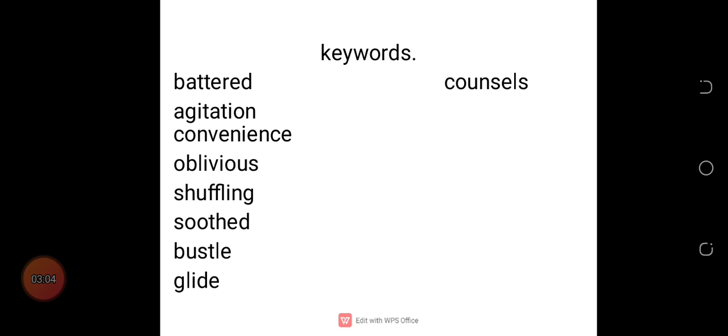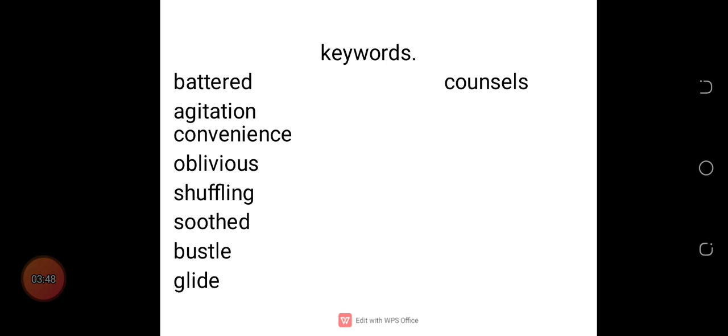Oblivious. Some of these words, when you read from the poem, the way it sounds, you can easily get the meaning. Oblivious means unaware of the things around you. Then we have shuffling. The movement of the feet, the dragging of the feet on the floor. Sometimes when you are worn out, you are tired, even carrying your legs seems very heavy for you, or mommy says you are reluctant in going, you drag your feet on the ground, on the floor, whatever the noise, yes, so that's shuffling.